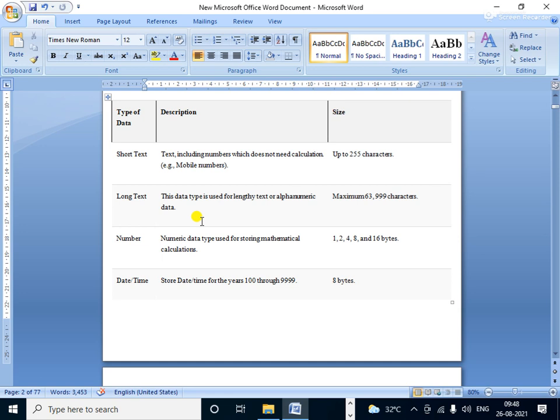Okay, 1, 2, 3, 4, like this, it comes automatically. And here the numbers mean the number data type, used for storing mathematical calculation. The size here is 16 bits, like 1, 2, 4, 5, 6. This 16 bits is the storage capacity of the size of the numbers. So for short text the size limitation is 255 characters, and for long text the limitation of the size